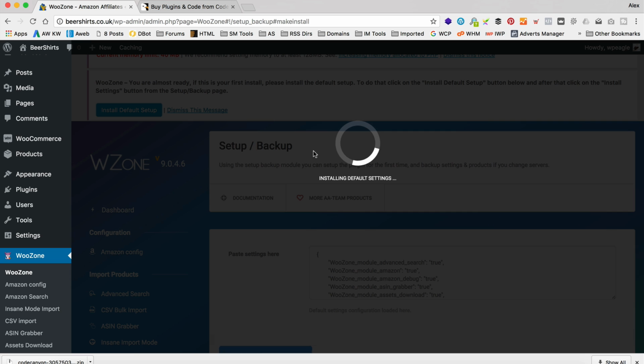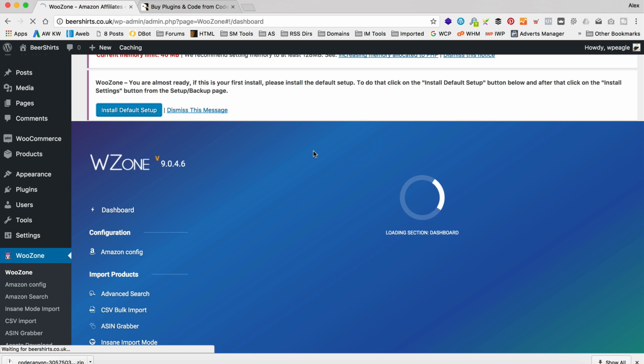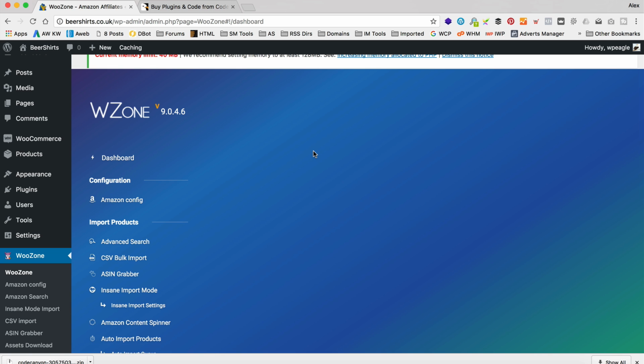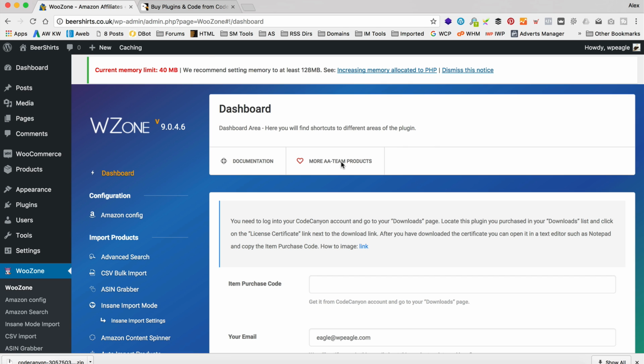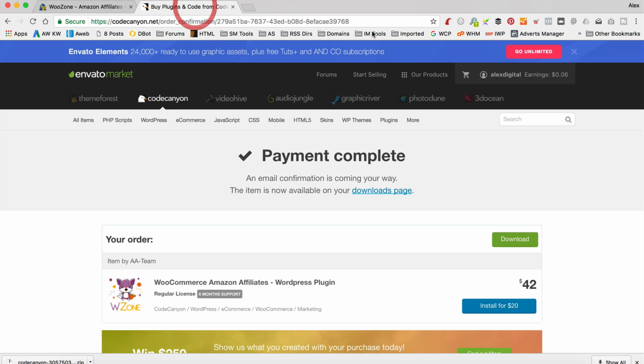So let's do that now. Let's click install default setup. Just going to clean everything, make sure that it's all default. So let's just refresh the page. And there we go. So it's asking for the item purchase code. If we go back to Code Canyon,